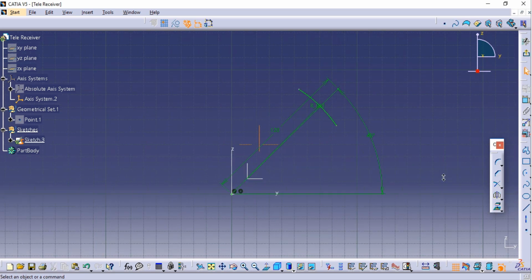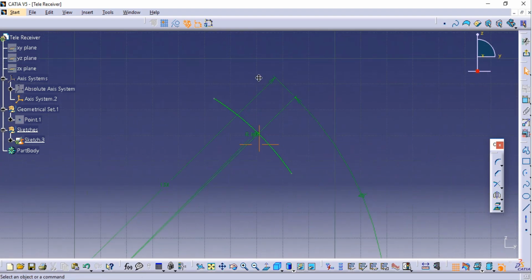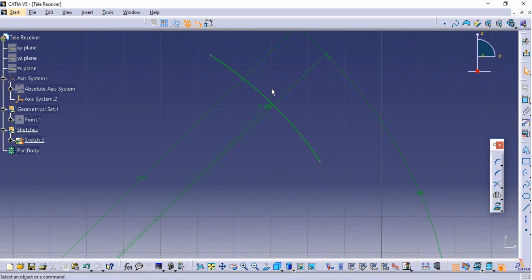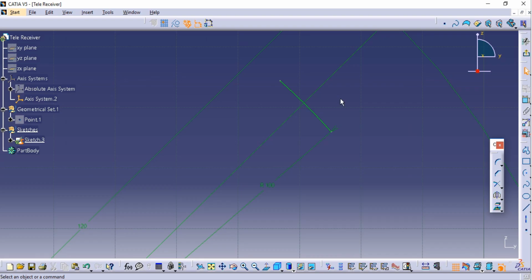And this one, mark only the center point. And this intersection,